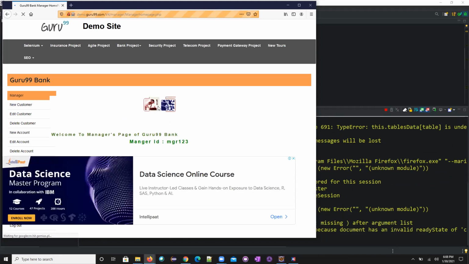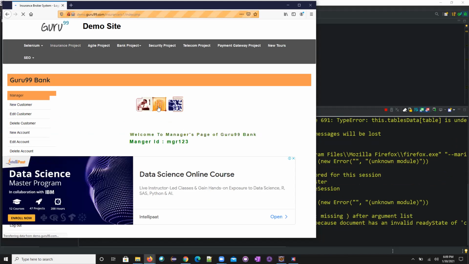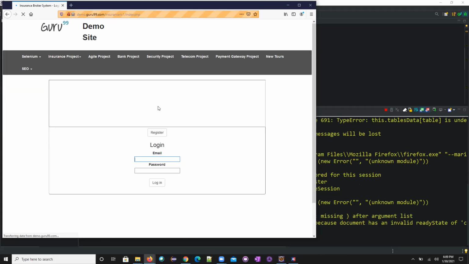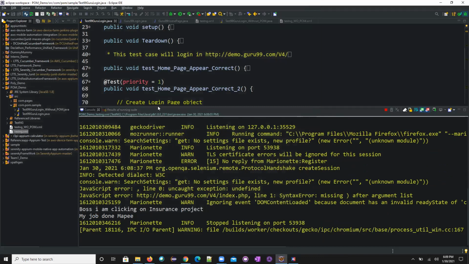It should click on the insurance project now. See, it clicked on the insurance project and the page opened.